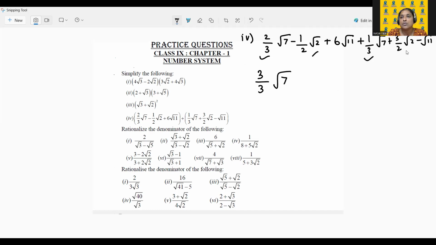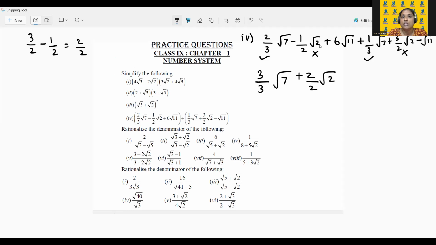Here is a root 2 and here is a root 2 as well. 1 by 2 plus 3 by 2. See, you have minus 1 by 2 here. So that would be 3 by 2 minus 1 by 2, which is 2 by 2. I can write plus 2 by 2